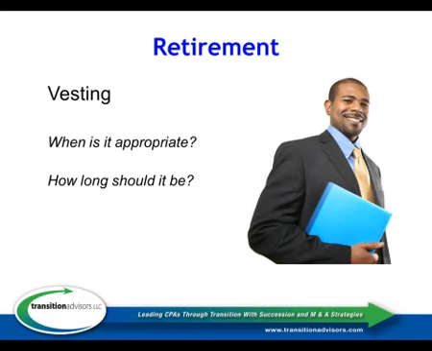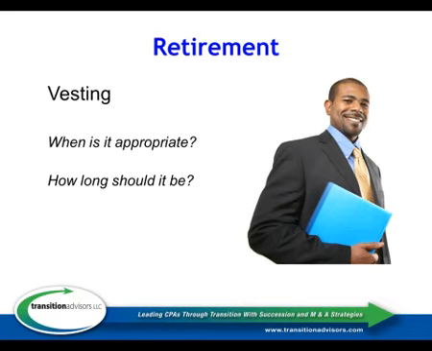And the two types of vesting that you want to consider are tenure, which is how long you've been a partner in the firm. In some cases, how long you've been with the firm, but usually it's how long you've been a partner in the firm, and age. So if you're now trying to build a succession team for your firm, you're looking at spending a lot of time developing younger people to become future owners in the firm and admitting them as owners in the firm. Your incentive to do that, of course, is that they're going to carry out the business plan that you have in mind for succession, which means they're going to be around to buy you and your partners out.